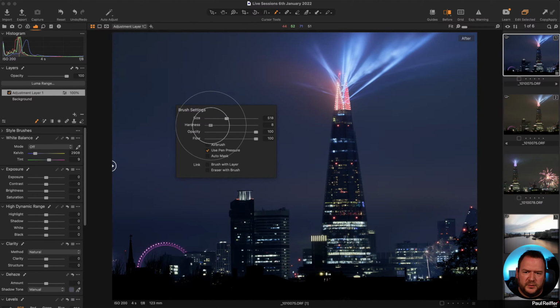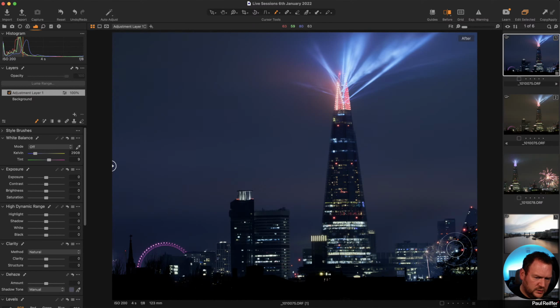Let's choose a reasonably sized brush, really soft, not too much opacity. I'm just going to draw into there and pull that exposure down a little bit, just so that we don't distract. So maybe that helps. I don't know. Firework, right-hand side. Okay. Now, I've done all those changes on this one.